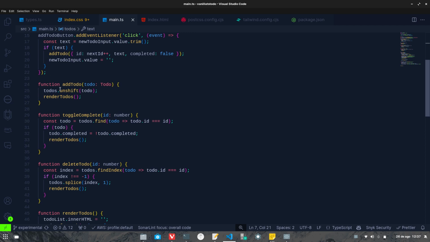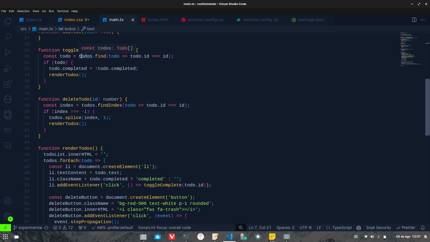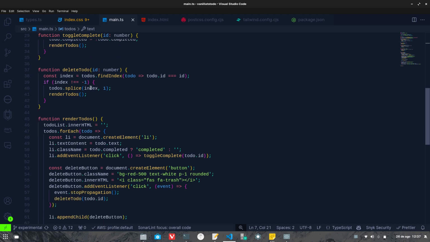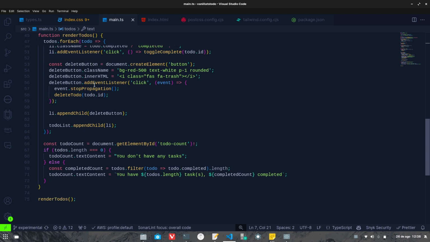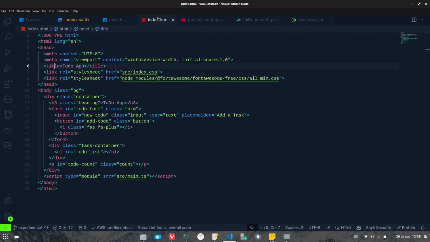This function is in charge to update the list of tasks. Okay, this function is in charge to change the status of each task, and this other one manages the delete workflow. This is one of the most important method because it is in charge to update the DOM anytime it is necessary. And of course, our